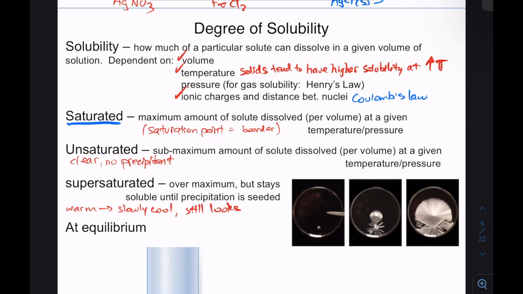Let's just say when we slowly cool, we've crossed the saturation point line. So we cross the saturation point, but it stays clear